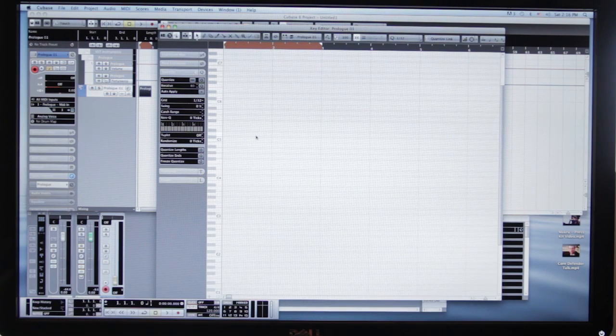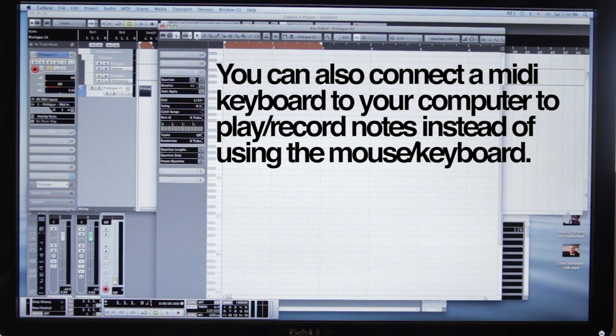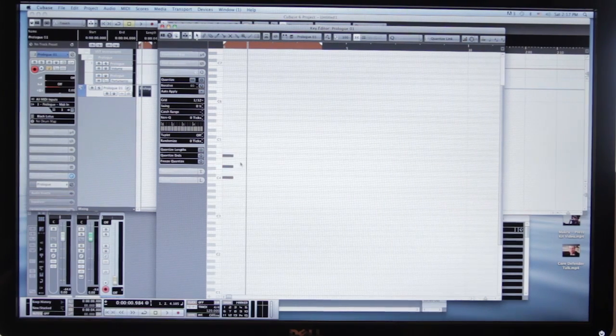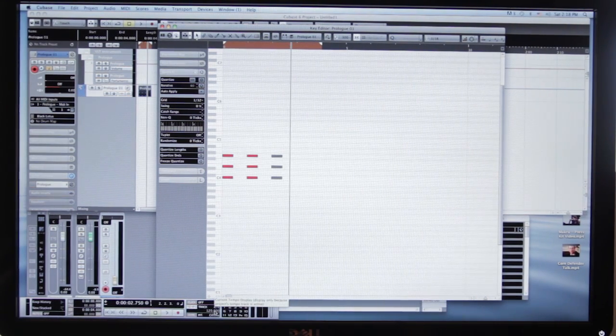Now, it's not just kind of typing music out. You can actually use a keyboard to record these notes. Sometimes people don't really know how to play the keyboard, or it's easier for them to put this in here. So maybe if I wanted to type in maybe a C major chord, for instance, and maybe have it be like a quarter note long, I can just do that. That's how you can get started with writing the music in here. So anything you can do in real life, playing music, you can control in here. You can control the tempo, the time signature, as well as the length of the actual notes themselves, if you wanted them to be larger or smaller here.